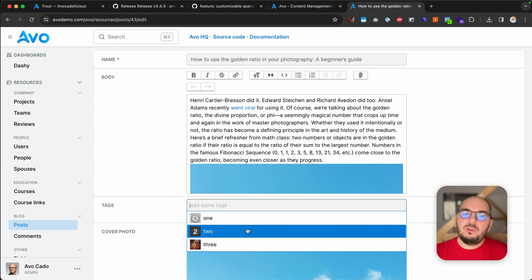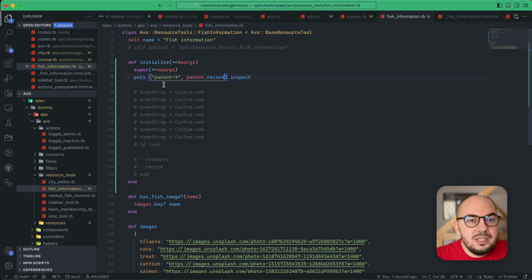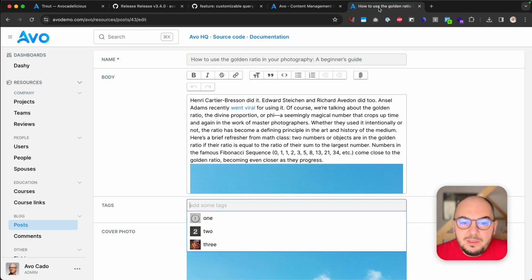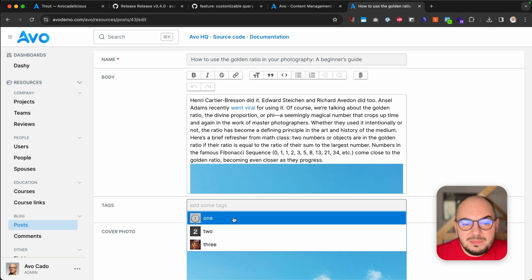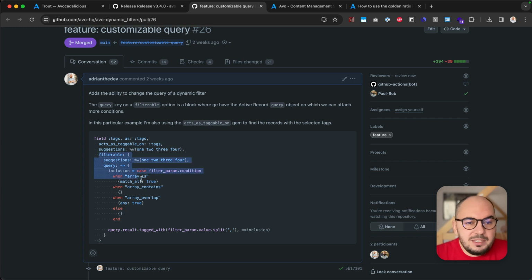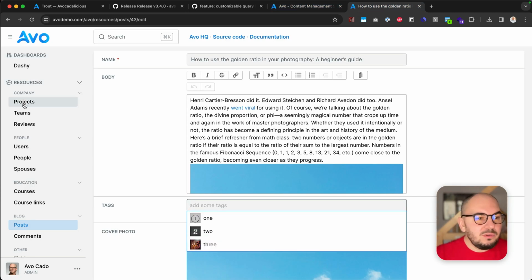Actually, this was supported before, but now it will work with acts as taggable on, right? So then the suggestions, this is just an option for this input. So you can pass in some suggestions similar to how you pass it to the field. And this was something that I built. So I just had the query, and then Paul came in and made it so you can not pass in the query, and if it's an acts as taggable on, it will just know, so you don't have to pass this. But again, if you want to take over the query,